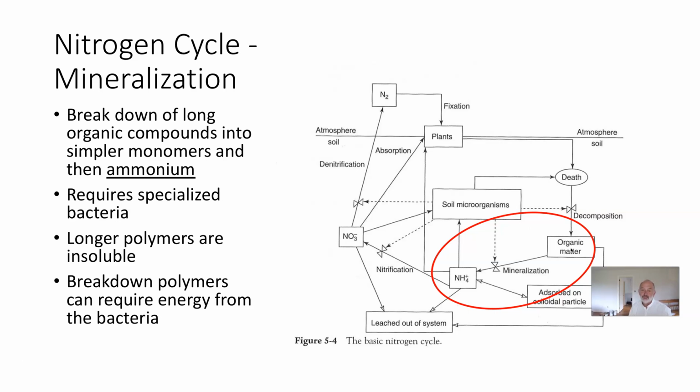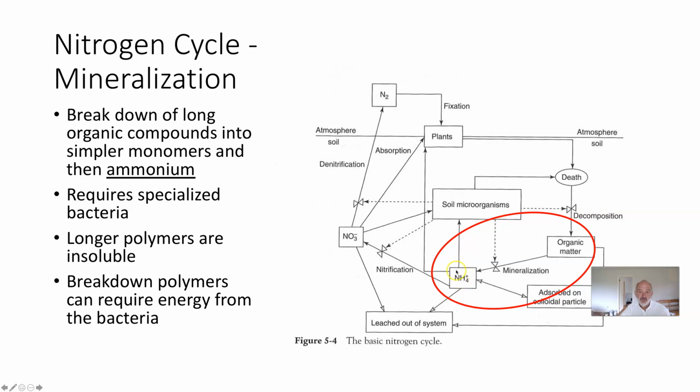It has to go through a process called mineralization so that it transforms into a form that plants can take up, right? This breaking down of the organic compounds, which include the nitrogen, is done through mineralization by very specialized bacteria, and it results in nitrogen in the form of ammonium, NH4+. You don't have to remember this, but it's great if you can remember that this is ammonium, and that this is one of the forms of nitrogen